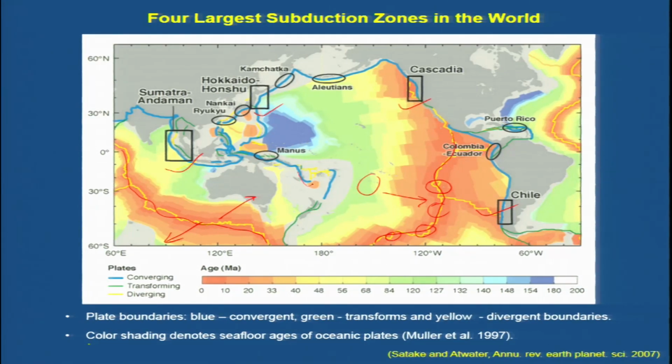Similarly, this blue line is indicating the convergence plate boundaries. Here there is a convergence between the Indian oceanic plate and this continental plate, which is known as the Sunda plate. Okay. Here this is the Himalayan range. Okay. So, I will show it on the broader view.